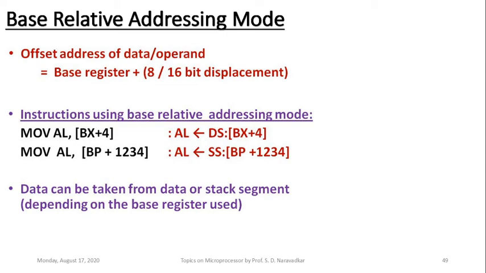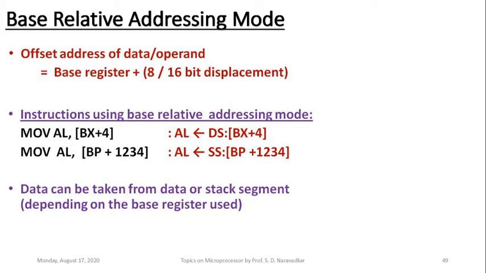Whereas in case of the second example here, MOV AL, [BP+1234]. This 1234 is 16 bits of displacement which will be added to the base register BP here, and this ultimately defines the offset location from the stack segment. Why stack segment? Because base pointer always defines the offset within that stack. So on the right side here, stack segment, offset given by base pointer plus 1234. This will define a memory location, and from this memory location just 8 bits of operand, that corresponding data, will be read, and this data will be copied to the AL register.